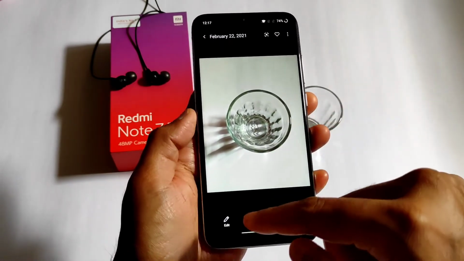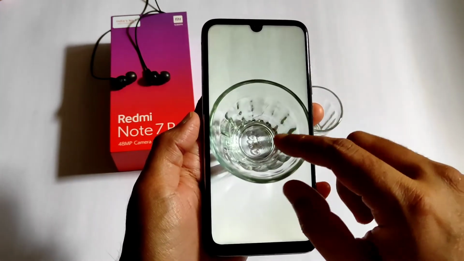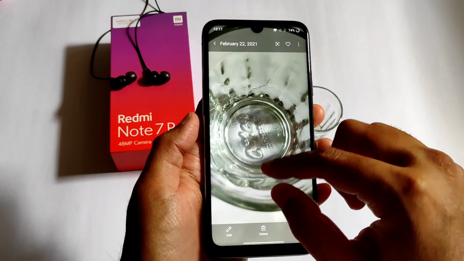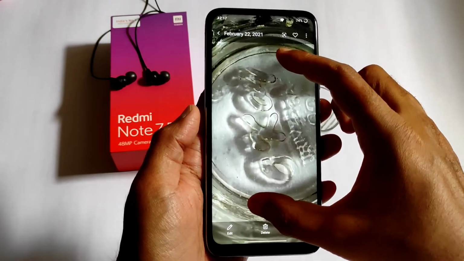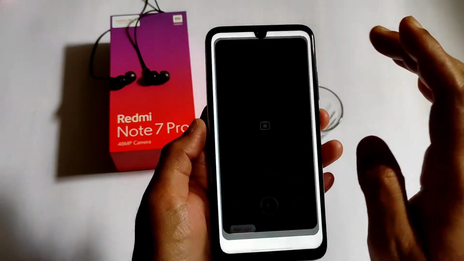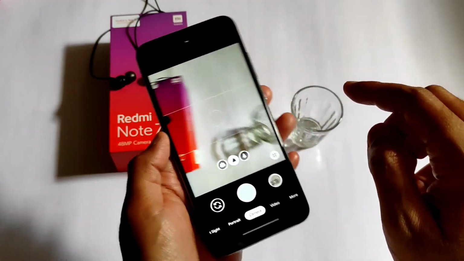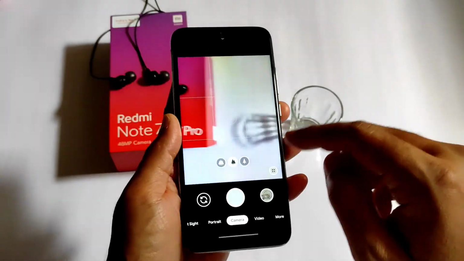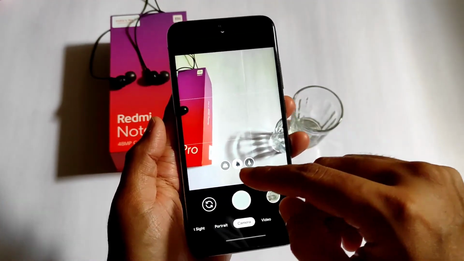As you can see, this is the latest photo I have captured. You can edit, delete and share from here. It's clear, you can read the details. That's the 7.4 build Gcam for Redmi Note 7 Pro. It's fine, no problem here.